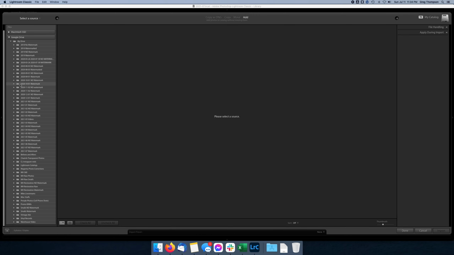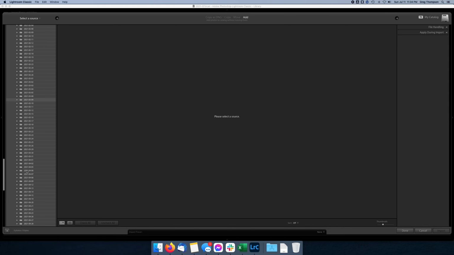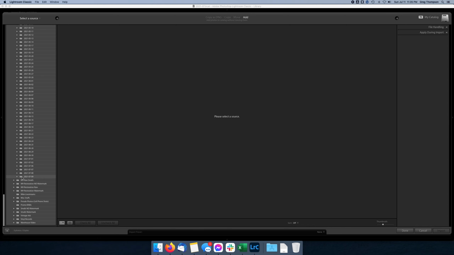And that way all my photos stay linked, regardless of whether or not they're on my computer. I'm going to go to Raw Photos, Image Raw Photos. You scroll all the way down to this day. And if you were doing all of them, you just import this entire folder right here